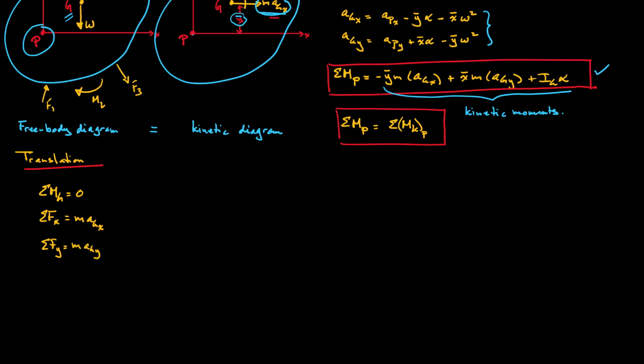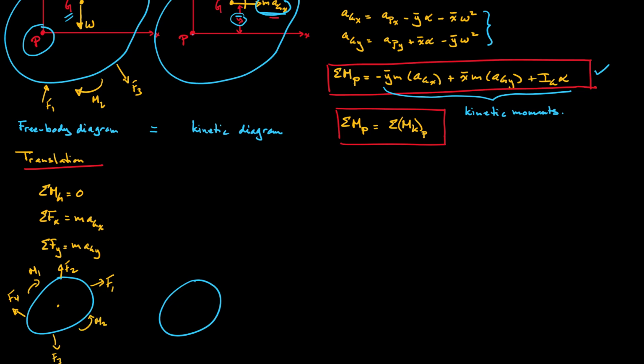So if you wanted to draw free body and kinetic diagrams, we could do that. On the left-hand side is our free body diagram. We would have a bunch of forces here. So if we call this F1, F2, F3, F4, we may have some moments, M1, M2, and we have a center of mass G here with a body